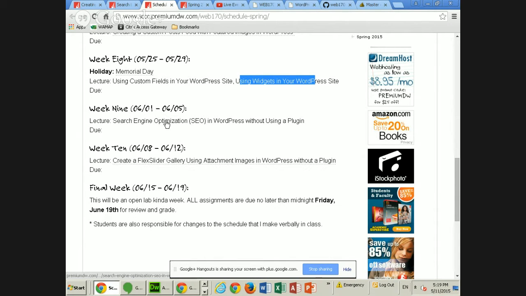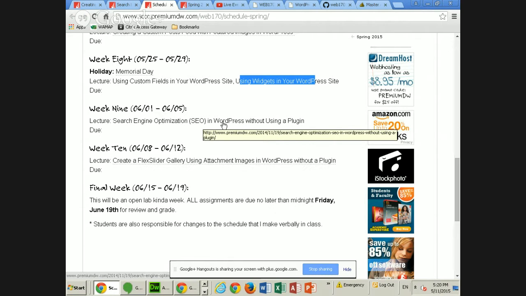Here is then the search engine optimization in WordPress. So what we're going to do there is we're going to take a little bit closer of a look. How many of you know about like the Yoast all-in-one SEO plugins, right? Those kind of plugins. I don't think you need to use those. I think they write duplicate content. So I'm going to show you guys how to set things up using, in other words, we can use our page excerpts and our postings excerpts to then populate our meta description field. I will show you how to write a function in the functions file and place it in a better title tag